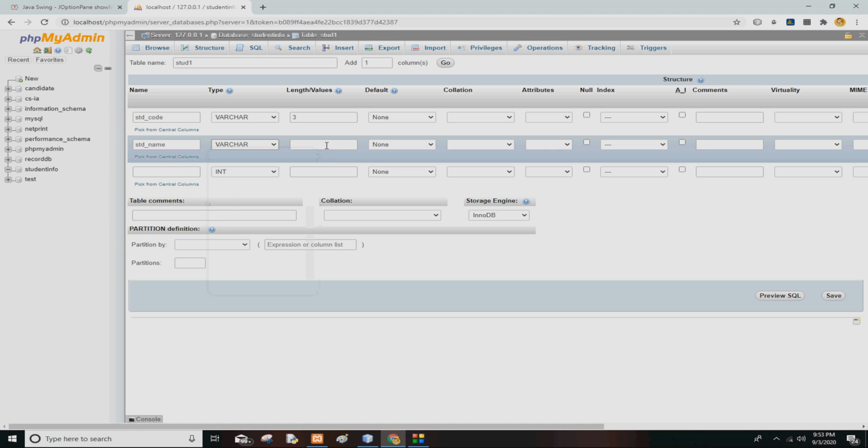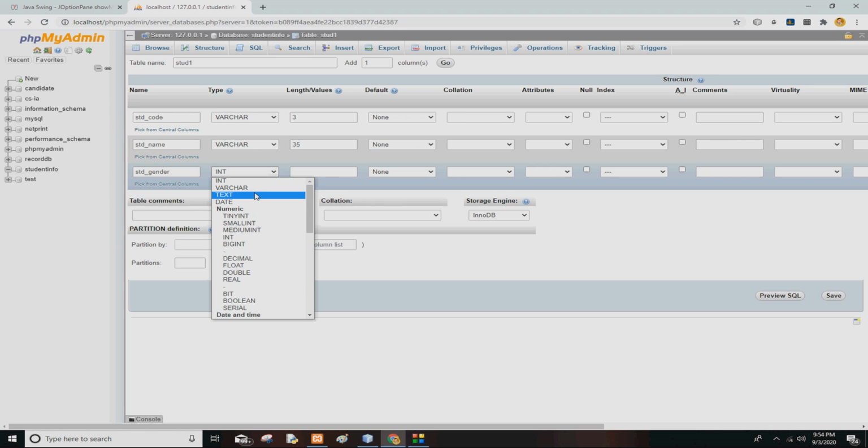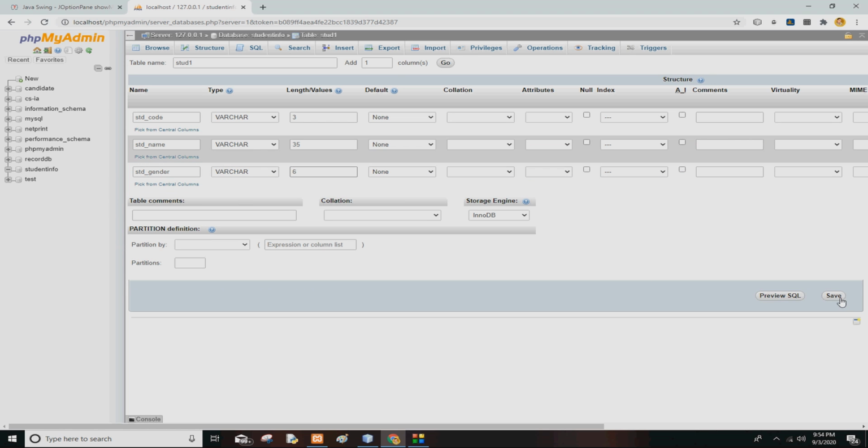That's also a varchar, and for the student name you can give it 35. Then I have std_gender, and as I know the maximum characters are in female, that's 6 characters, so I can keep it as 6 characters.